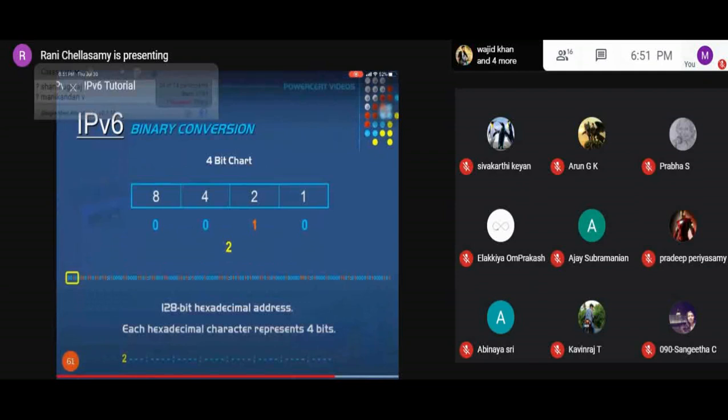For binary to decimal in IPv6, you can use the 4-bit chart, just as in IPv4 we use the 8-bit octet chart. So 8 4 2 1: each is the addition of the previous one. 1 added with 1, you will get 2. 2 added with 2, you will get 4, and 4 added with